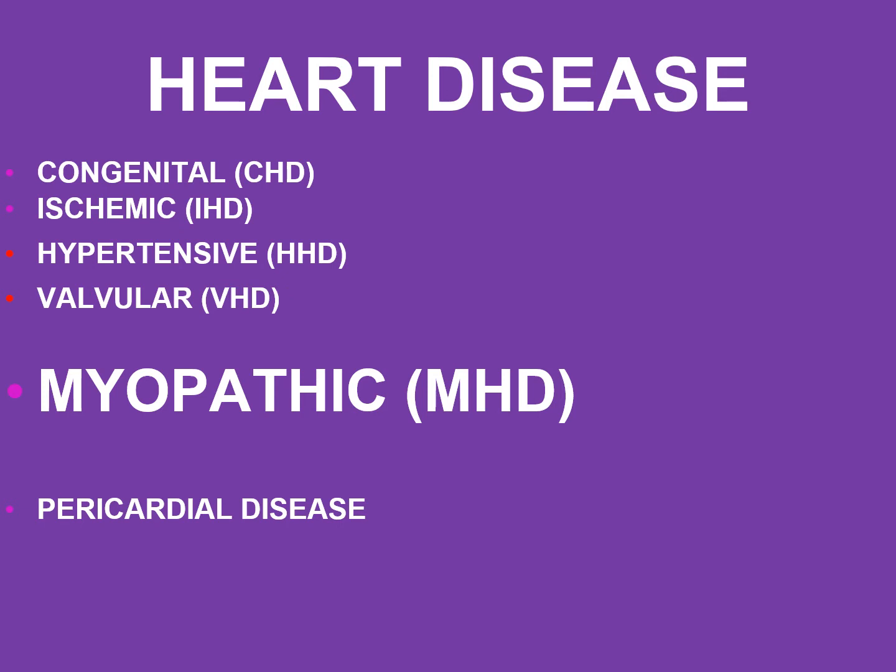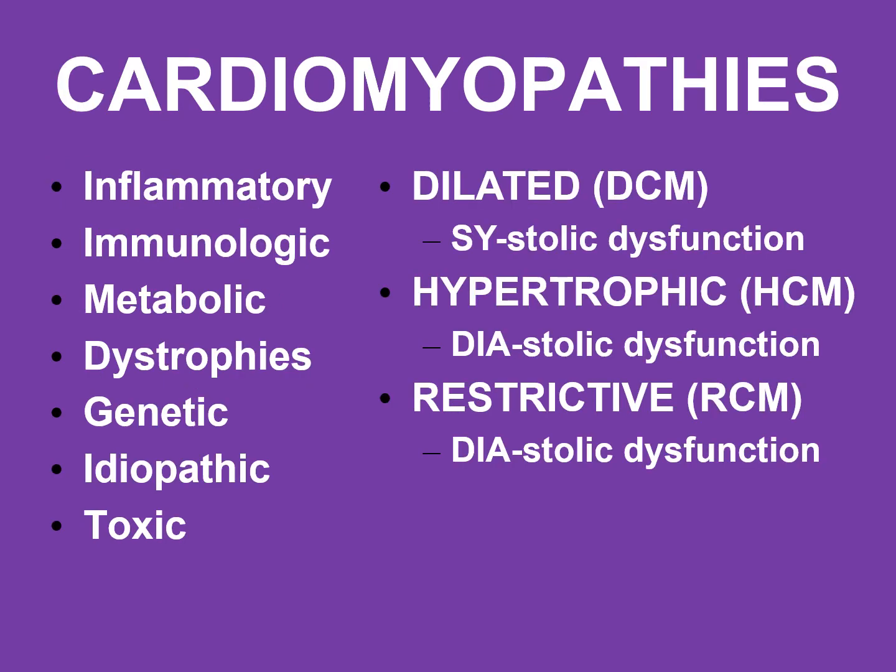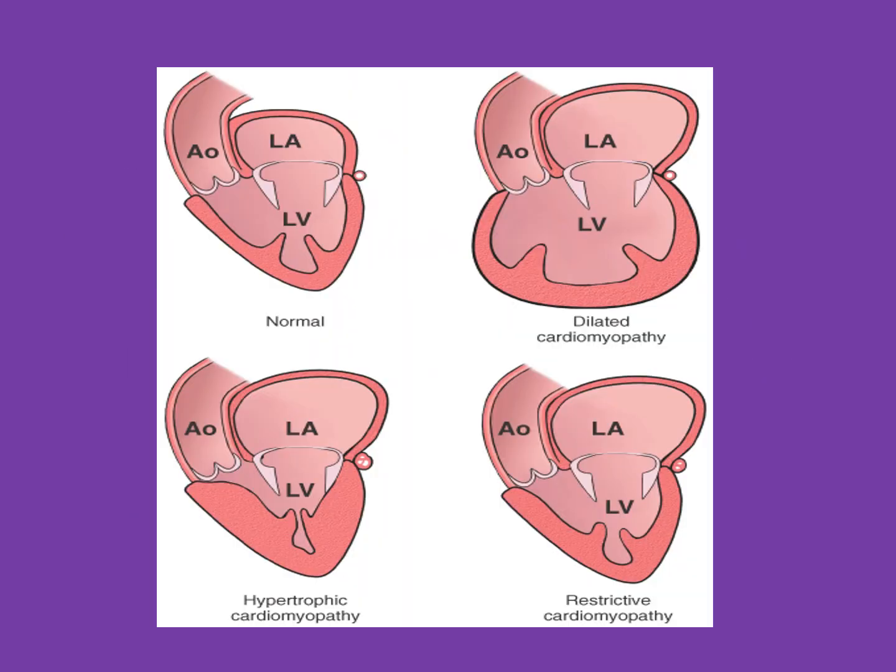And then we have the myopathic valves, and these are already the cardiomyopathies. So we have the dilated, hypertrophic, and restrictive. If we are to summarize this portion of the lecture, you have a normal heart here. The dilated is, of course, extreme dilatation of the LV. It is said that the ventricle can only dilate a certain amount, but with an exaggerated dilatation you have to suspect